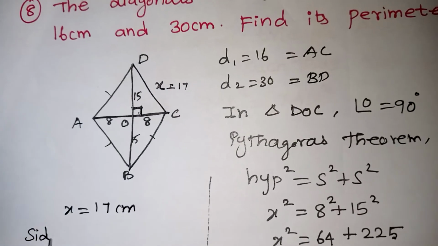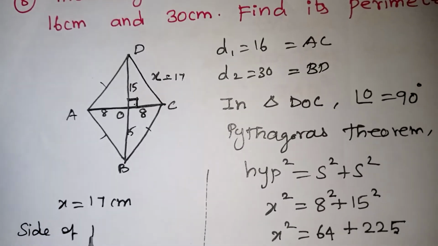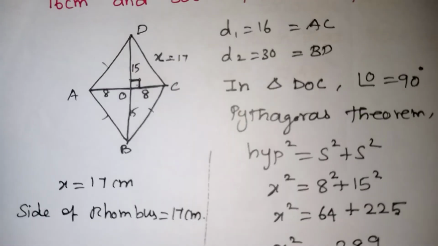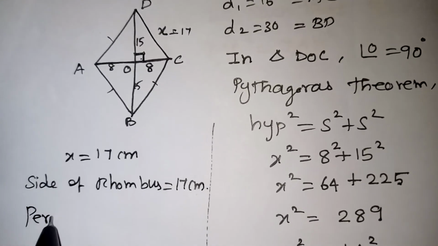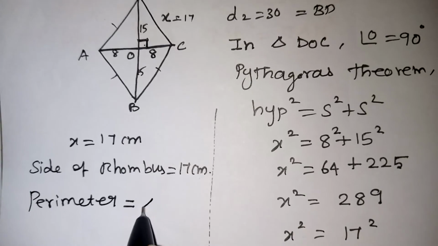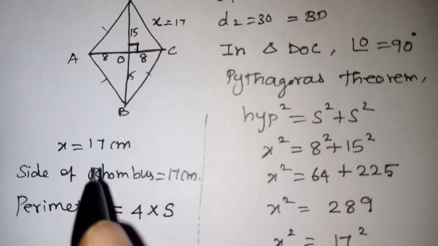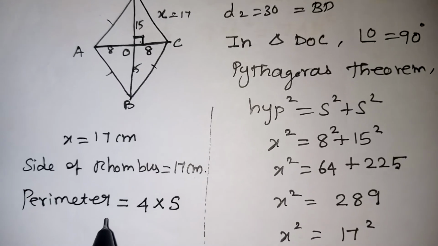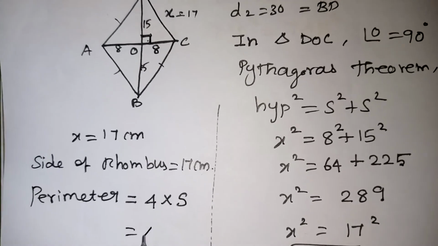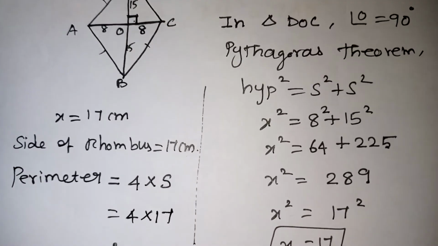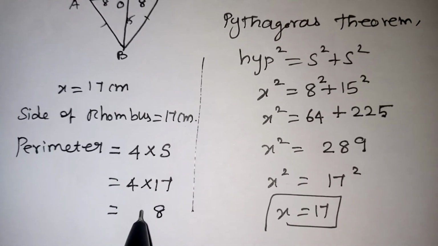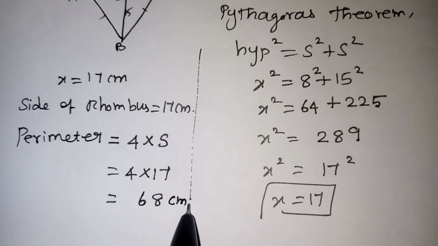Now side of a rhombus is equal to 17 centimeter we are getting, but in your question they are not asked you to find the side alone, they are asked you to find the perimeter. Perimeter is nothing but the outer boundary of the given shape. Perimeter of the rhombus equal to 4 multiplied by the side, because all the four sides are equal, right? So same formula what we are using for the square, the same thing we can apply for the rhombus also. So 4 into side. So 4 into the side value 17. So 4 into 17 is the answer. 4 7s are 28, balance 2, 4 1s are 4 plus 2, 68. So 68 centimeter is your correct answer.